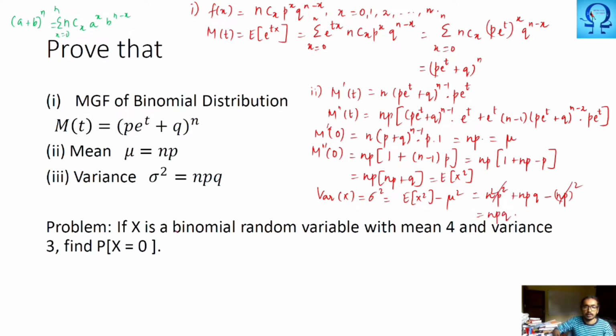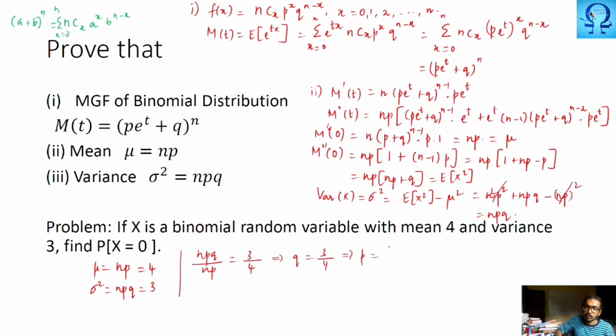That is our variance. And if you look at the next problem, it is given that x is some binomial random variable with mean 4 and variance 3. We are asked to find out the probability of x equals 0. Mean is np, that is given to be 4, and variance is npq, and that is given to be 3. So from this, what can you do? npq upon np is 3 upon 4, which gives us that q is 3 by 4,